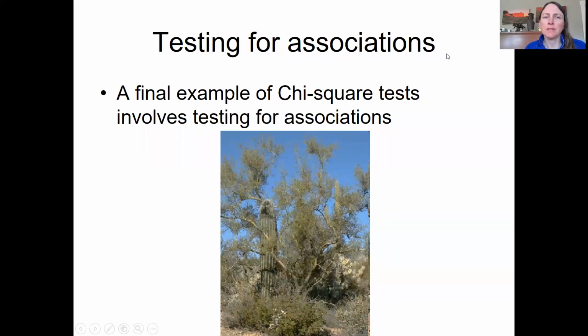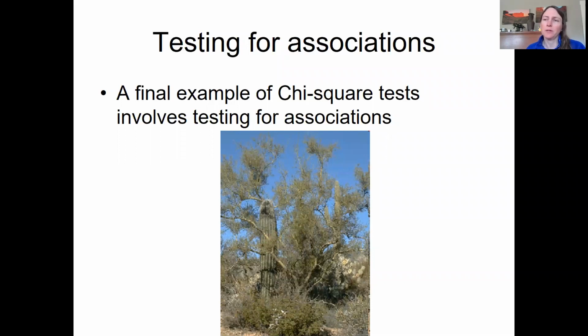Okay, we're going to do one more example for using a chi-square test, and that's an association between two categorical variables. So in this example, we're going to talk about the predicted relationship between saguaro cacti and nurse shrubs. There's this kind of lore that saguaro cacti only really colonize the desert when the seed lands underneath a shrub that can provide some protection from the harsh conditions. And then the saguaro cactus kind of grows up through the shrub, and then sometimes outcompetes the shrub or outlives